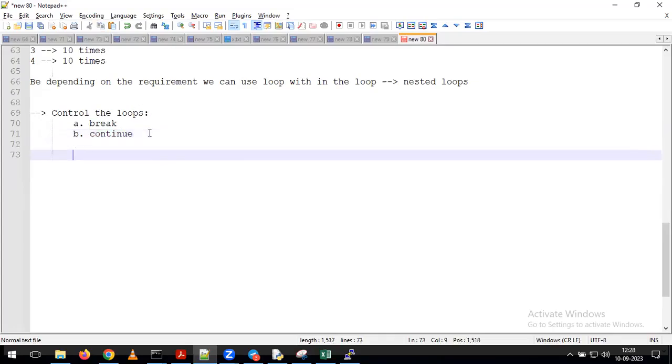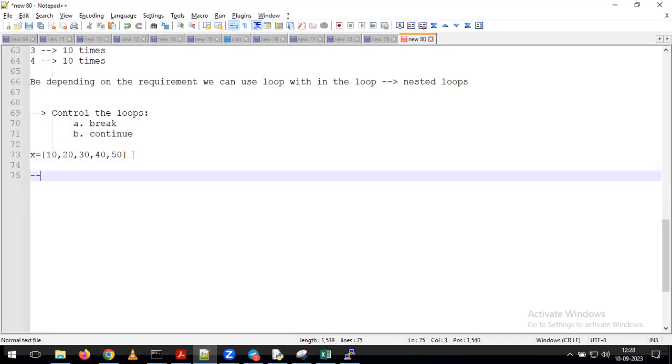And now see, for example, I'm having a list. Now my requirement is I want to display elements from list X, but after